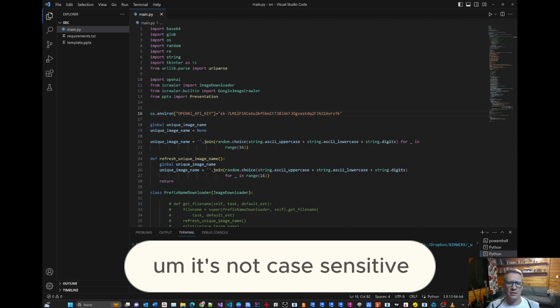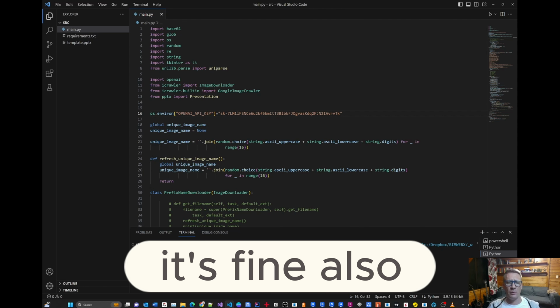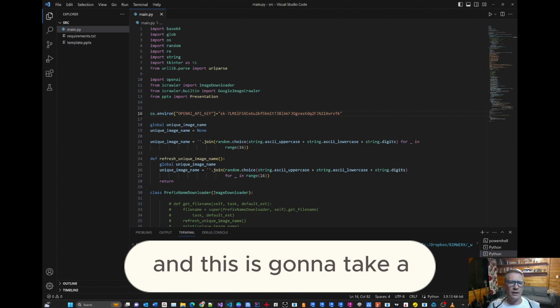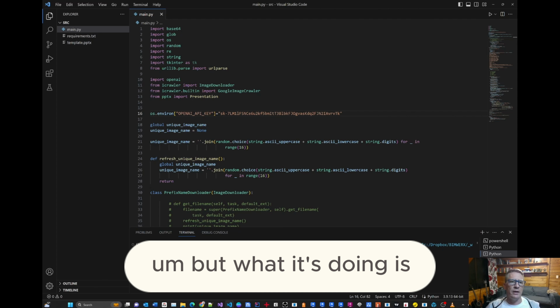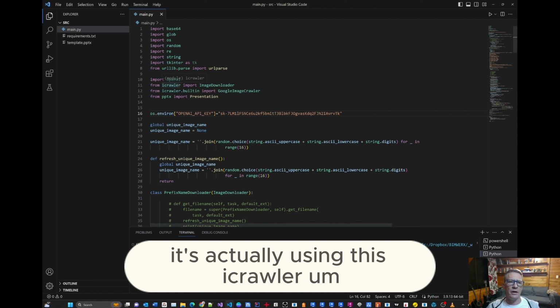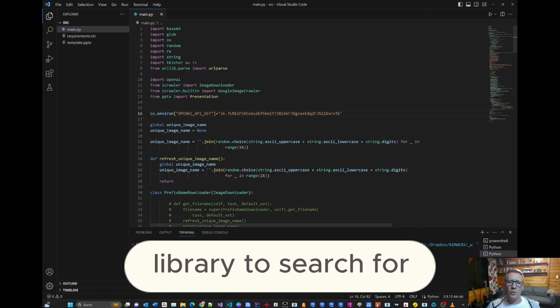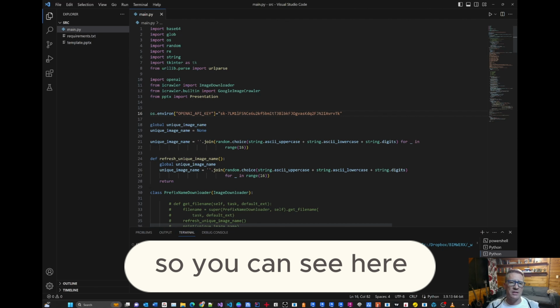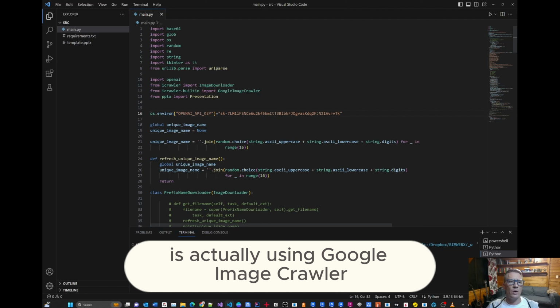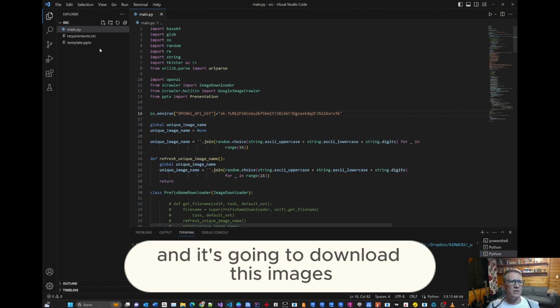It's not case sensitive, so you can have a lowercase m there, it's fine also. And this is going to take a few seconds to run. It's less than a minute, but what it's doing is it's actually using this iCrawler library to search for relatable images on the internet, and it's downloading them. So you can see here it's actually using Google Image Crawler, and it's going to download those images, place them